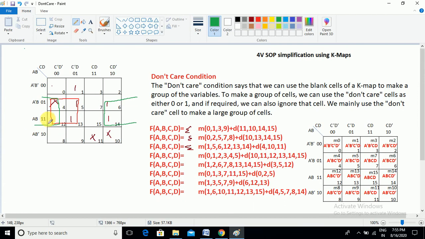If you need, the don't care cells also get overlap usually. Then let us think about this one. There is no other alternate, we have to go with only this kind of 2 cell grouping, and we cannot create any group for the 11 and 10, and we are not using them anywhere, we just leave them. Okay, this is about the third problem. Then next, go to the fourth problem.